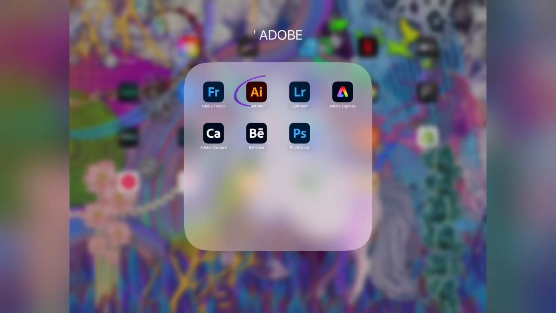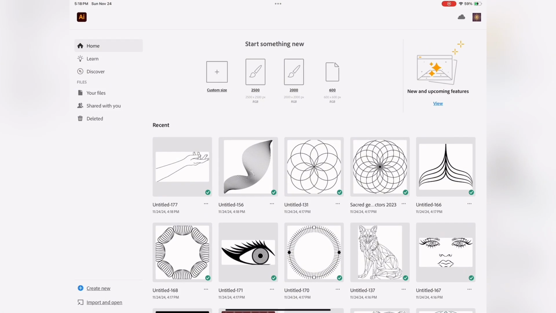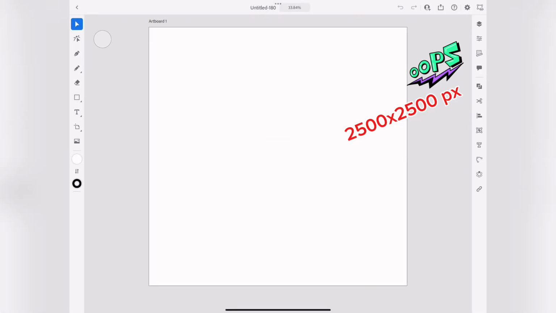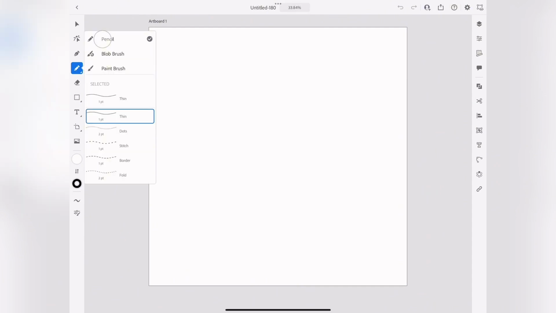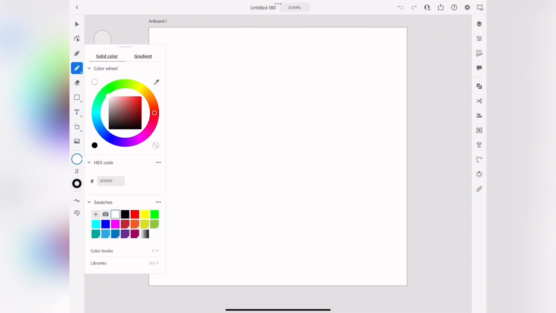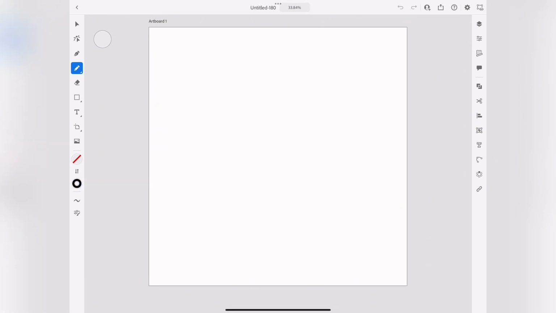Okay, let's start by opening Adobe Illustrator and creating a new artboard. I do it 2000 by 2000. Let's start with the pencil tool, and I am gonna use the dotted lines. I remove the fill and just leave the stroke for this, and I made it black. So I make a shape, any shape,